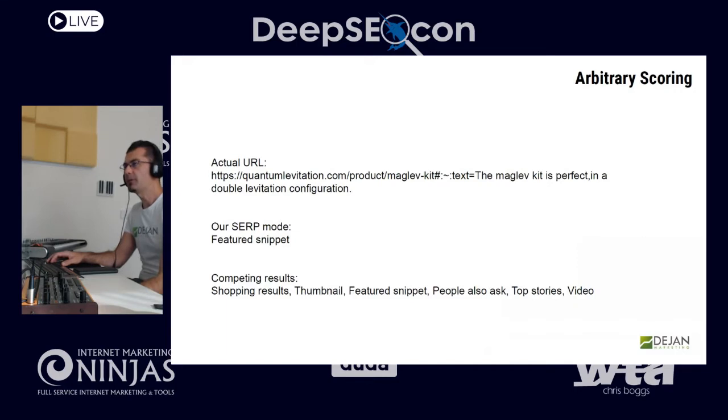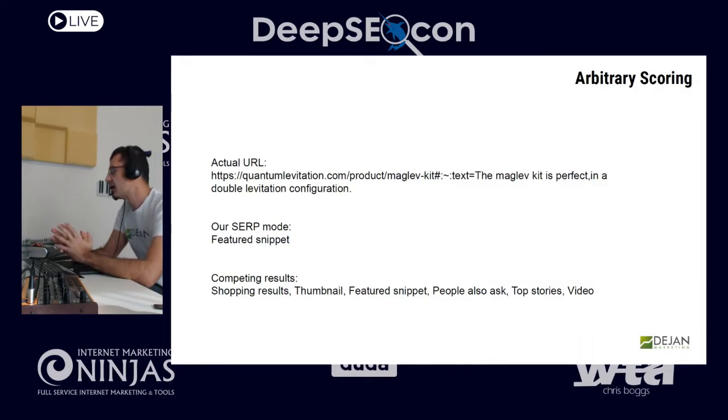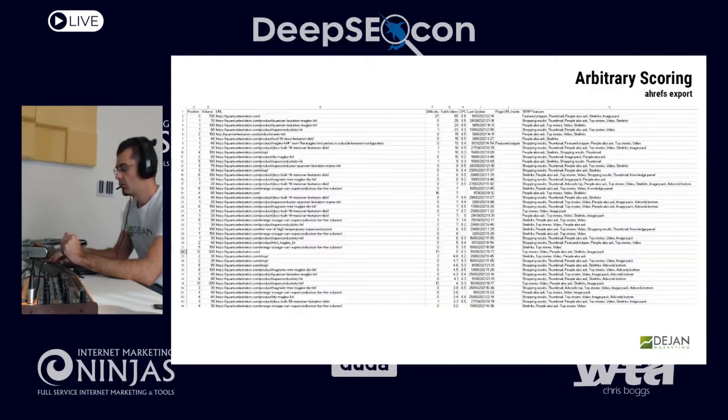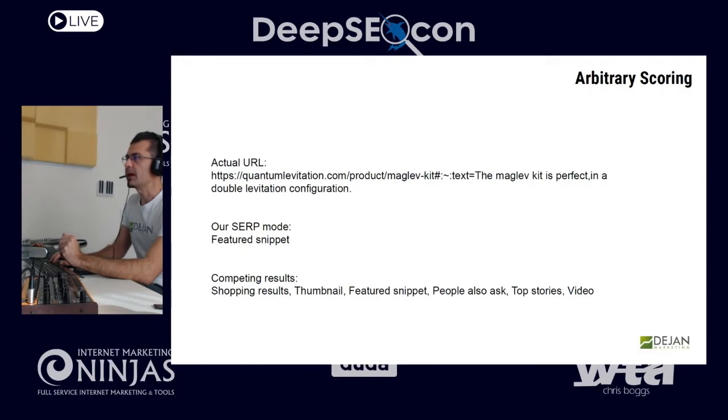So one powerful thing you can do as a little bit of an advanced tactic for this type of calculation is adding your own arbitrary scoring. The reason I call it arbitrary is because I personally don't use the same scoring for all of my clients. It's always a custom model and where I have the opportunity to tweak the values for each individual feature in the search results. And what did I actually just say? Well, if we